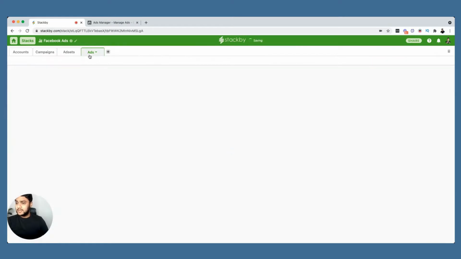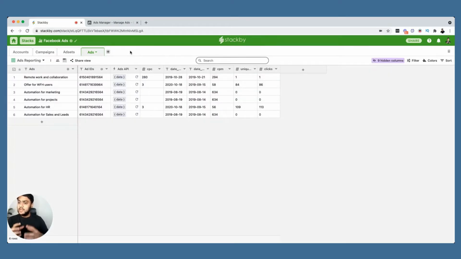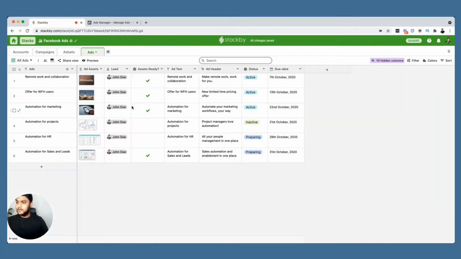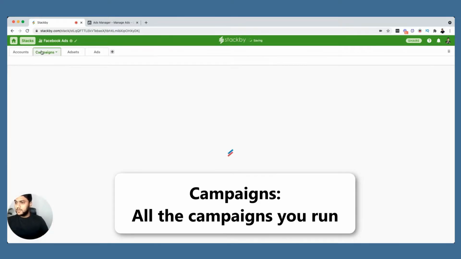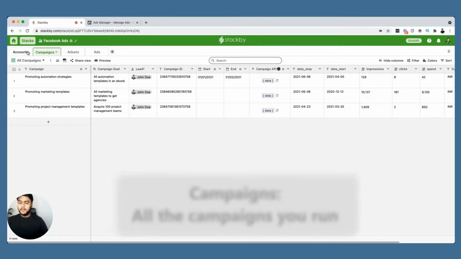And within that ad set, there are ads. So now these are individual ads that you are essentially tracking, and these could be ads with different ad text, the ad headers, and whether it's a video ad or an image ad or a collection ad. So this is how Facebook ads is primarily structured. Now in this video, I want to basically bring the Facebook ads data and show how you can manage your complete end-to-end Facebook ad campaigns in a single place.